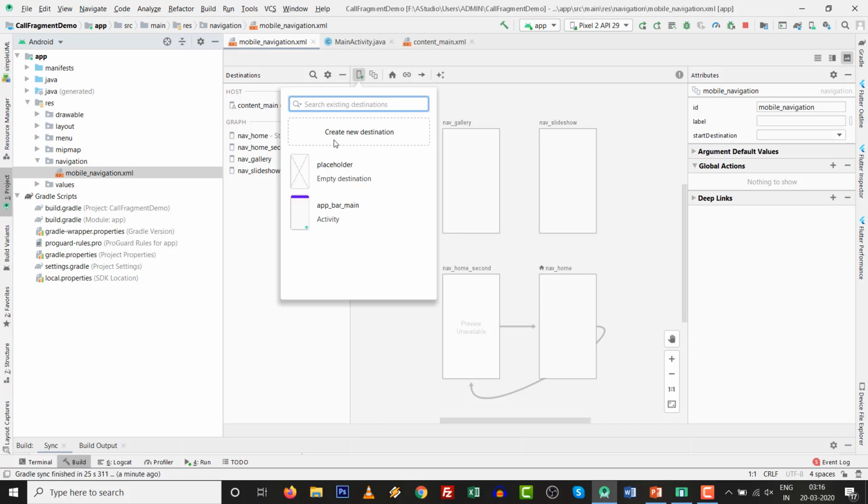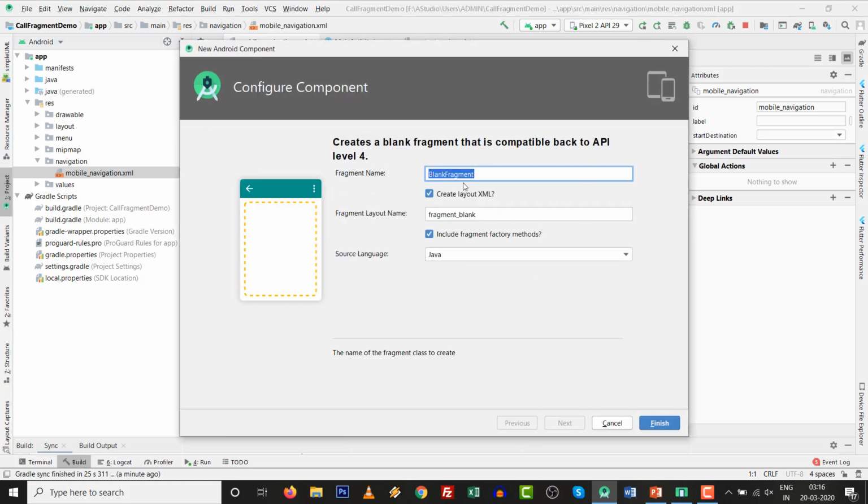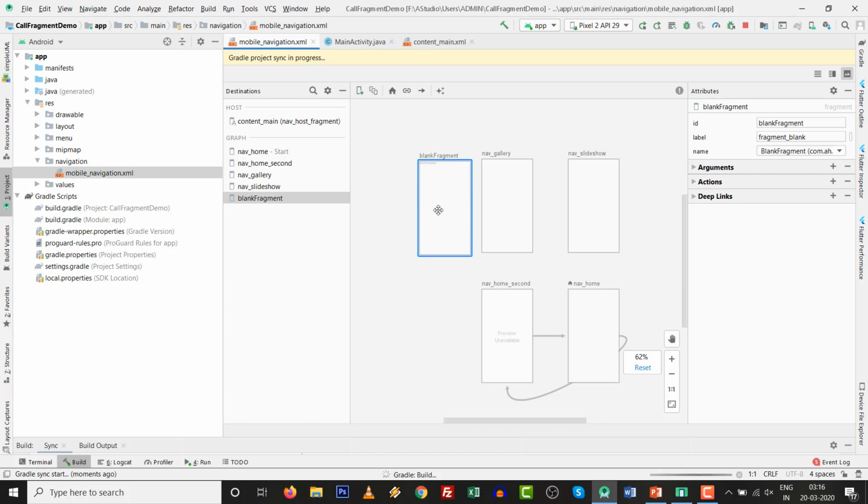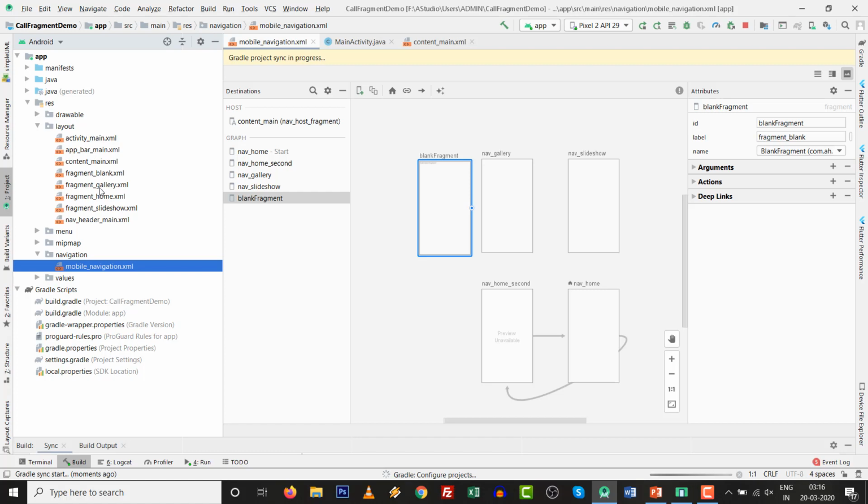So create a new destination. This one is the blank fragment. Click on Finish. After the blank fragment is created, there is one more layout over here, layout fragment_blank. So click on fragment_blank.xml